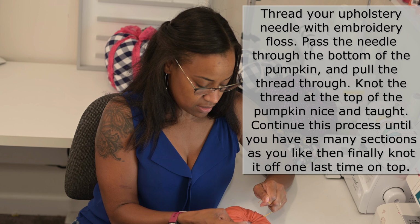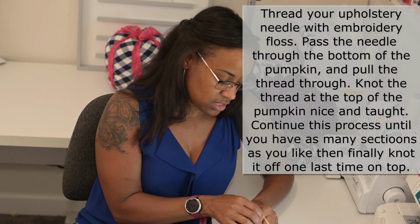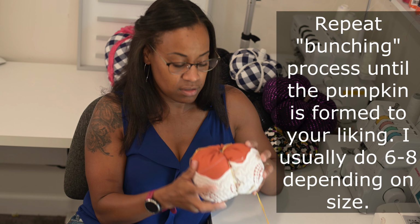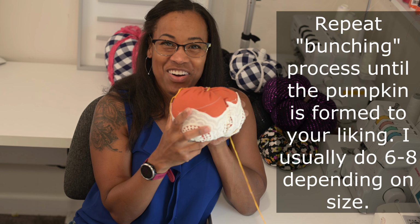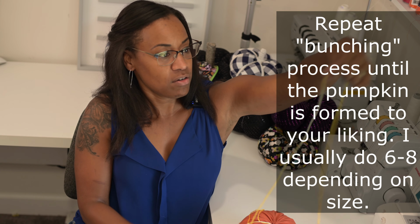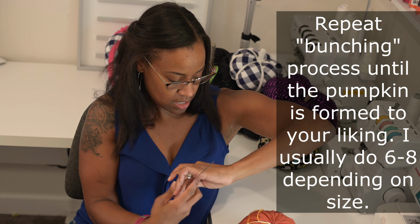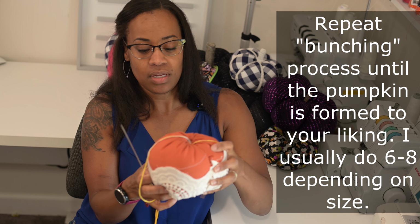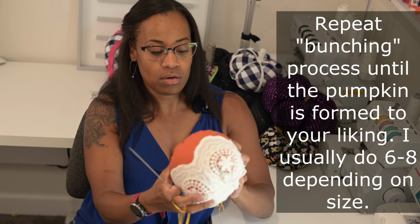So a quick little knot there. Try to make it tight. The tighter you make it, the more bunching you're going to have. Now you see that is my first little bunch. It already looks like a pumpkin. So now you take your embroidery needle, and what you have here is your tail and your thread. So you want to go,